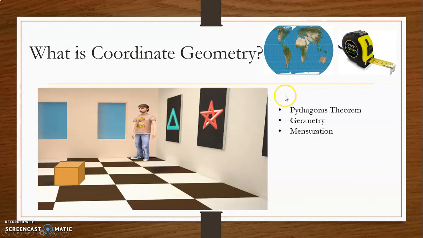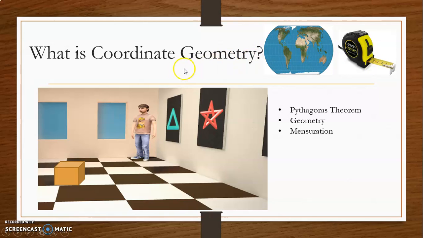So see, suppose you have two objects, and you have to find out the distance of these objects from each other. If the distance is very small, you can use your scale. If the distance is a little bigger, you can use a measuring tape or anything else. But if the distance is so far, like from this point to that point over the earth's surface, there should be some reference point in between to find out the distance between the two points.